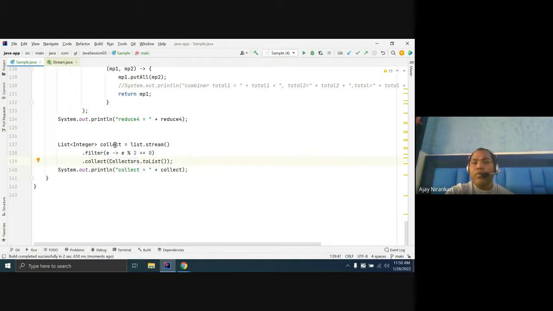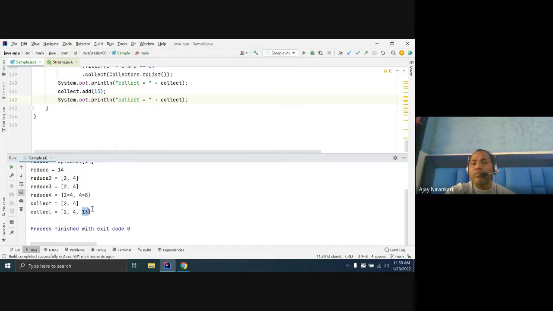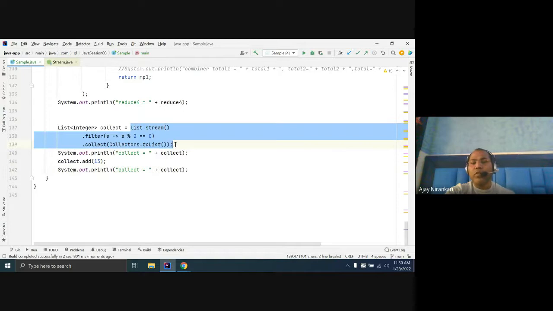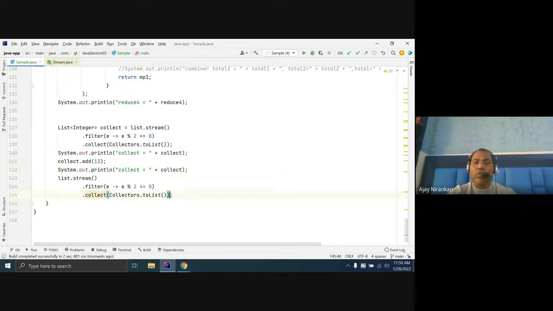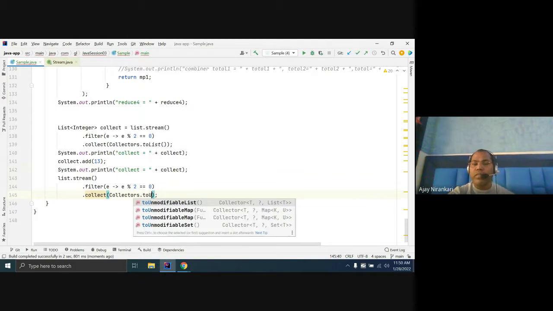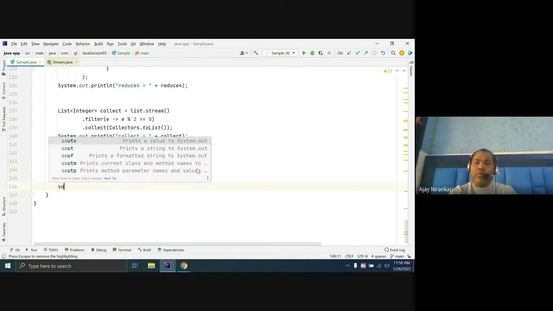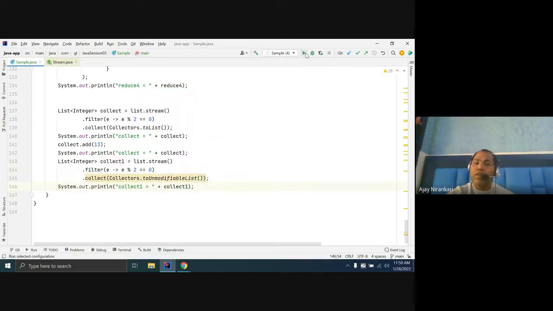But this is the one drawback here. Whenever you return the list of even numbers, that's good. But here you can say list.add any number. Let's say I can add 1, 3 to the even number list, and after that you notice that our collection is changed. Now our even number list contains the odd numbers as well. So the best option: don't use toList from Collectors, instead use the unmodifiable list. That facility is also available. You are getting the unmodifiable collection and you run it.